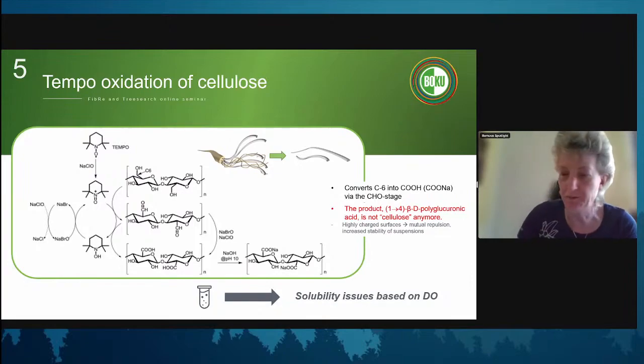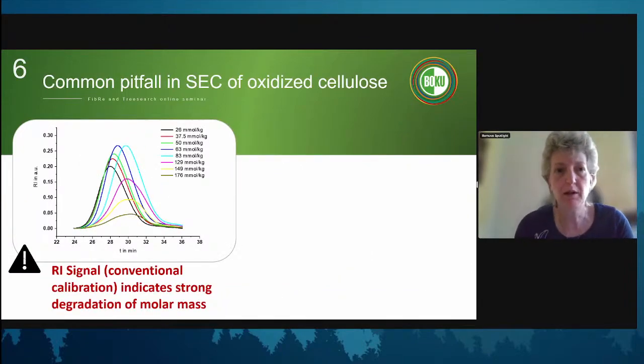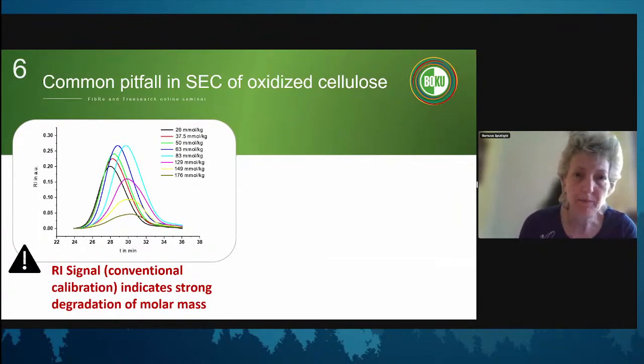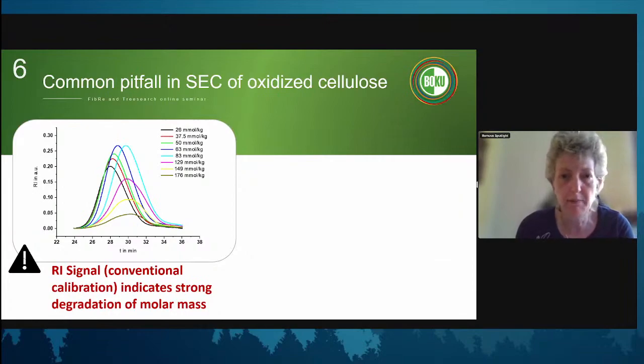SEC version. Now let's start with a very common pitfall for SEC in oxidized celluloses, and this is already an example from periodate oxidation. So if you go to the early literature of periodate and SEC, and here we're talking about moderate and low degrees of oxidation, the starting material, which is the cotton linters here, has 26 micromoles per gram, and we oxidize until roughly 167 micromoles per gram.